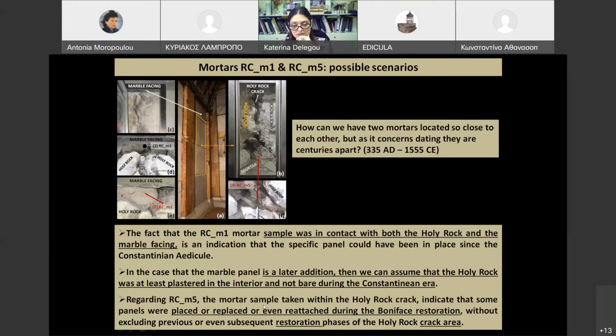Regarding the second mortar at the lower part of the holy rock crack, things are simpler. It is definitely a restoration mortar placed there during the reconstruction of Boniface di Ragusa, and there is a chance that these marble panels, which are now removed in order to have the window and make the holy rock visible,